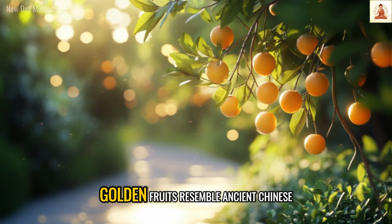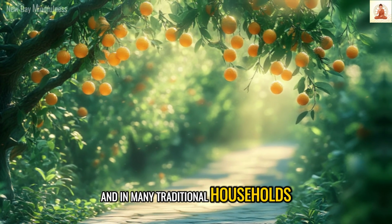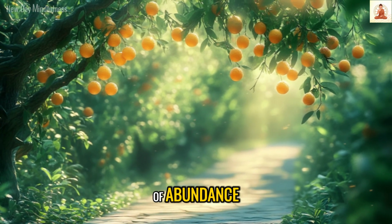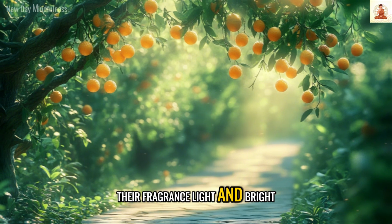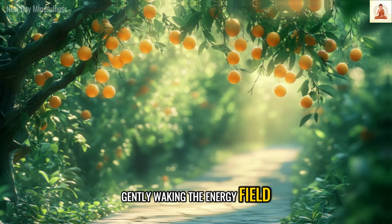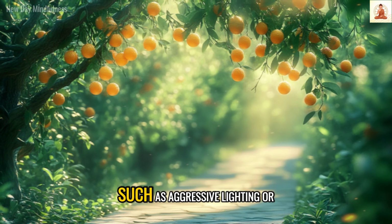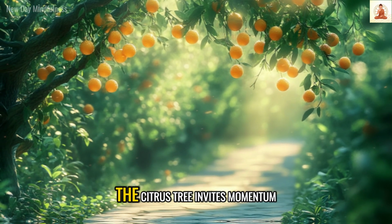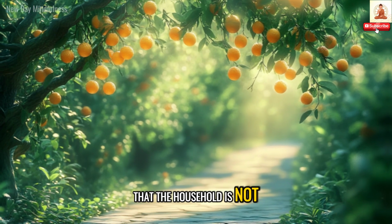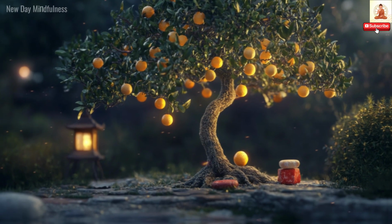Their round golden fruits resemble ancient Chinese coins, and in many traditional households, oranges and kumquats were considered the very scent of abundance. Their fragrance, light and bright, stirs the surrounding qi, gently waking the energy field at your doorstep. Unlike harsher forms of yang activation such as aggressive lighting or wind chimes, the citrus tree invites momentum with grace. It signals that the household is not only open to wealth, but prepared to hold it in a way that is fruitful, visible,